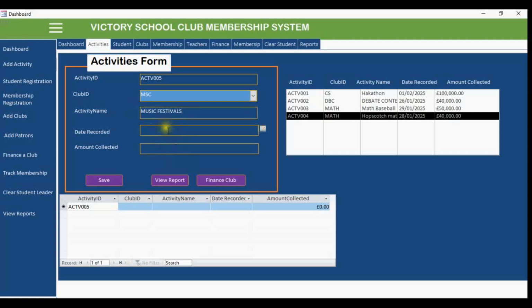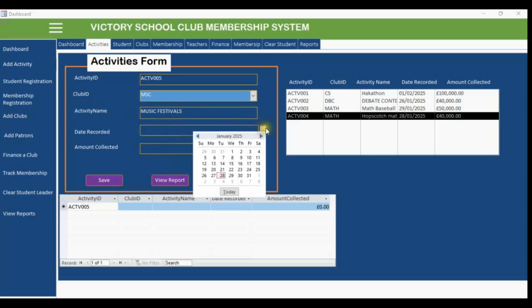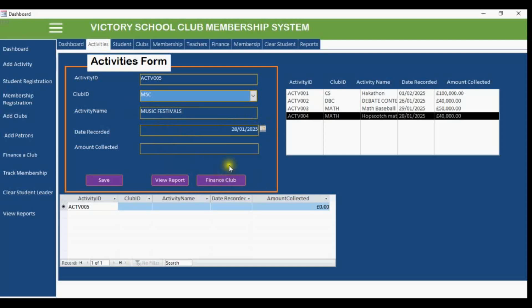Maybe it was a music festival. Then you provide the date that it was recorded, maybe today, that is on 28th. Then the amount that was collected from this activity, let's say it was 10,000. Then I can save